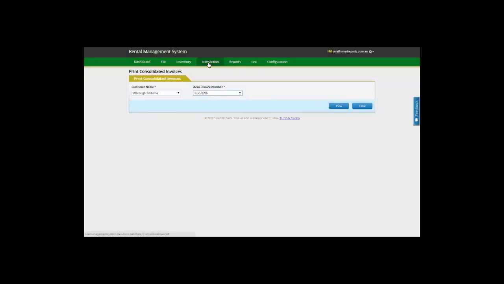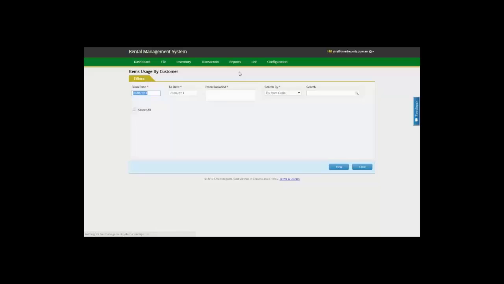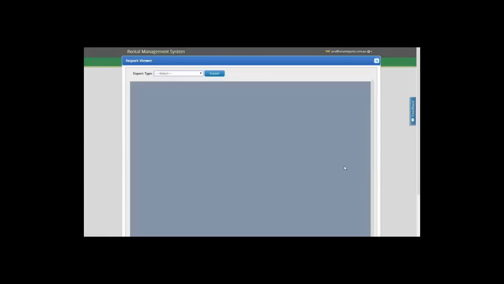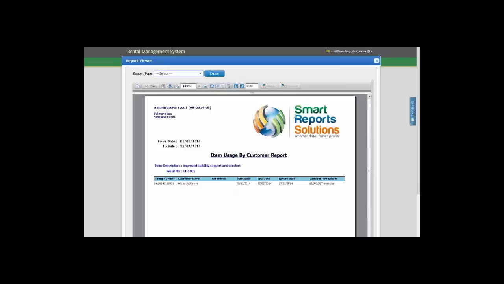Having generated your rental transactions, terminated them and everything, we can now extract a lot of reports from the system. Simple things. Give me the item usage by customer, right? So from 1st of January to 31st of March, show me who held what equipment. Again, suppose you have any issue with particular equipment, you can use this report to say, all right, this customer had this equipment for this particular period. So you can say, okay, for each of these serial numbers, at a serial number level, you can see who had what equipment,